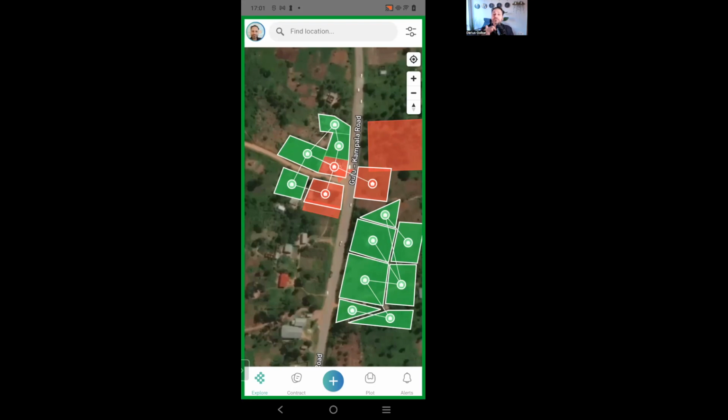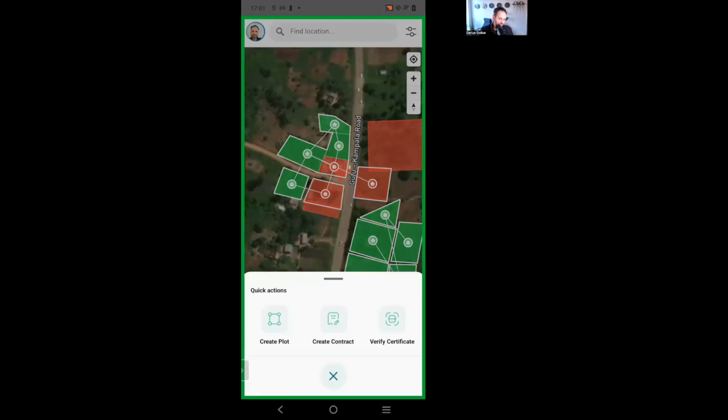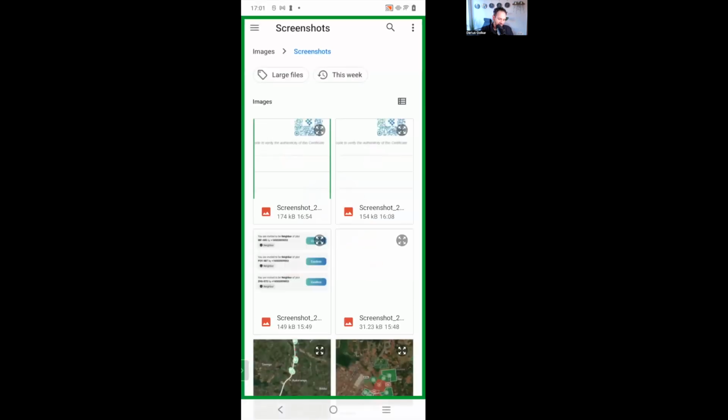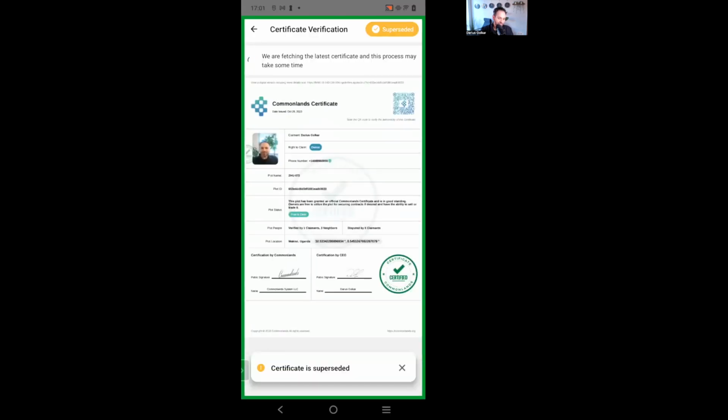And it doesn't matter the timing. We just did this now, but it could be over months. It could be even years. It doesn't matter. If we then try to verify the exact same certificate that had just verified and it showed it was valid, watch what happens. So again, we have not issued the newest certificate. You saw me do everything. I'm going to press plus, verify certificate, and I'm going to go to the exact same file that we had just done. And watch, it says superseded.